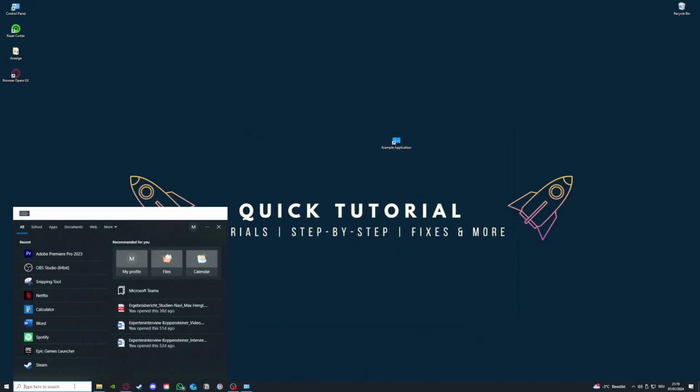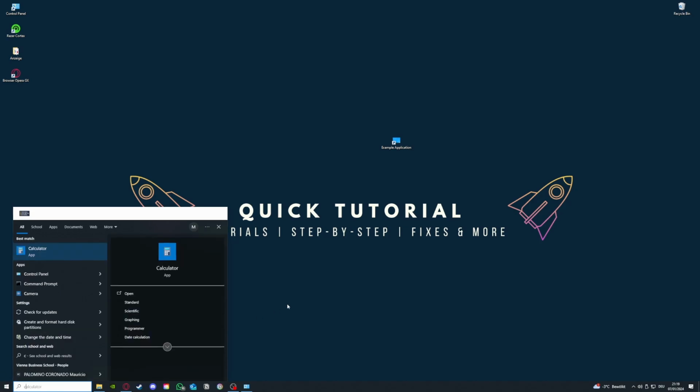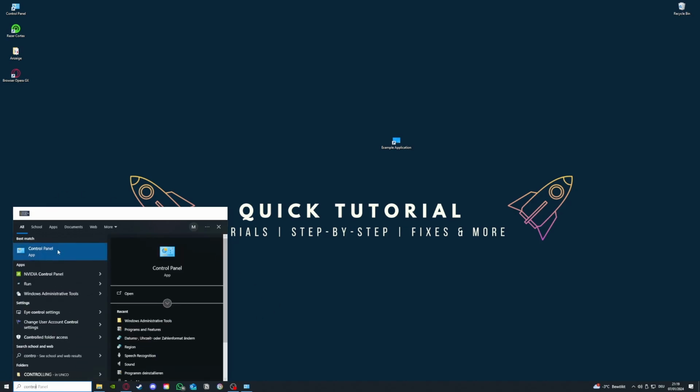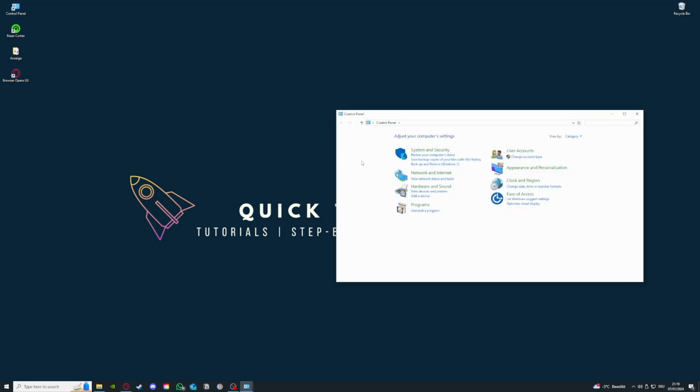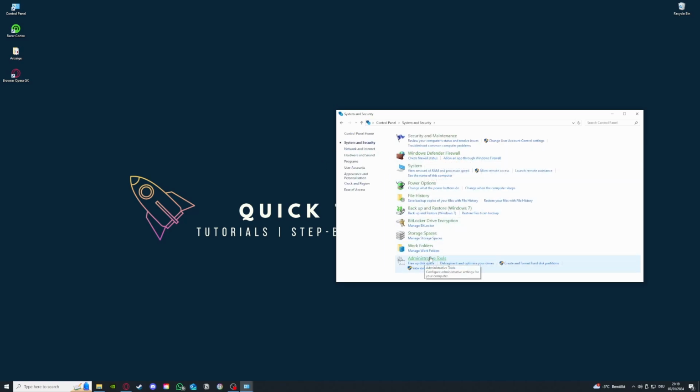And yeah, so the third fix I have for you is in the control panel. You can go to the search bar down here and type in control panel, or I have control panel right here. I'm gonna double click it, and you want to go to system and security, then go to administrative tools,